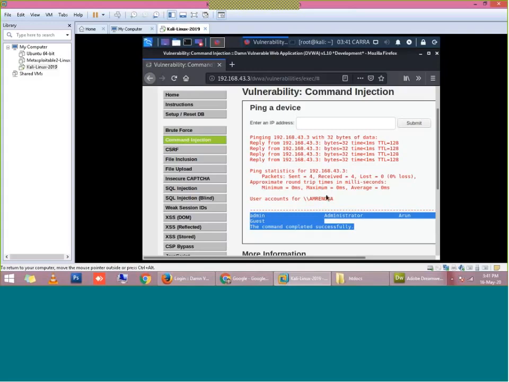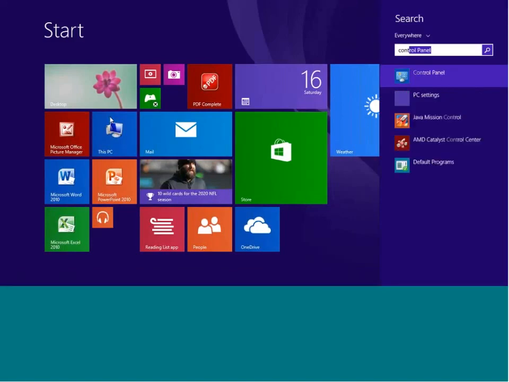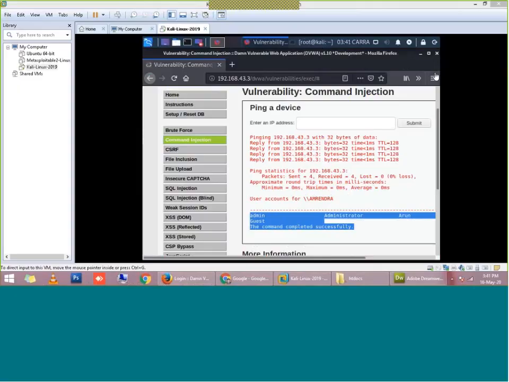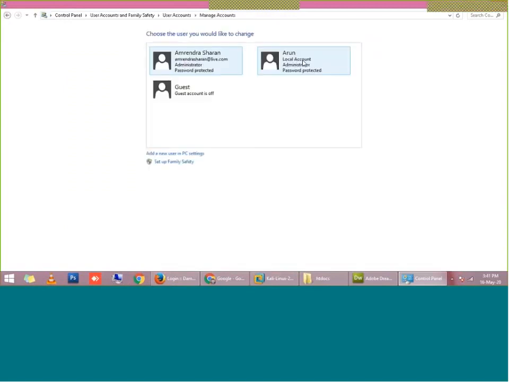I will go to my physical machine, one second. On the physical machine, I will go to the Control Panel. In Control Panel, I will go to change account settings. Here you can find different accounts. This is the administrator account, Arun account, and guest. There are three accounts existing on my physical machine.